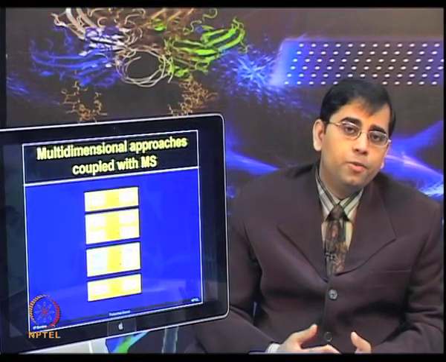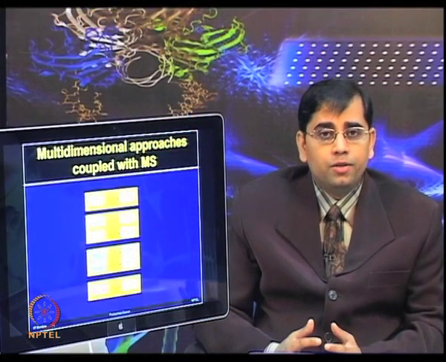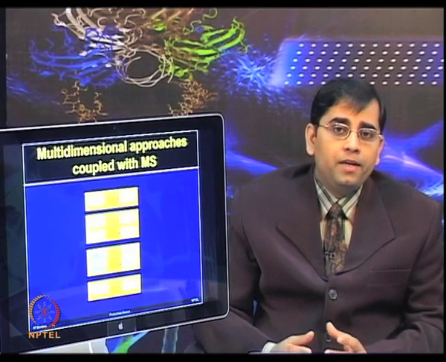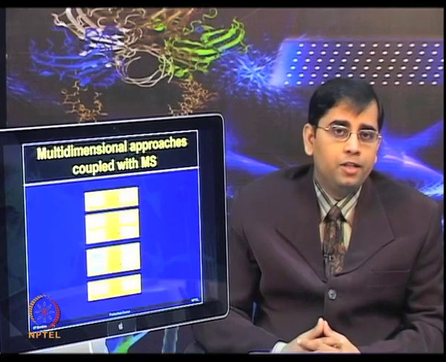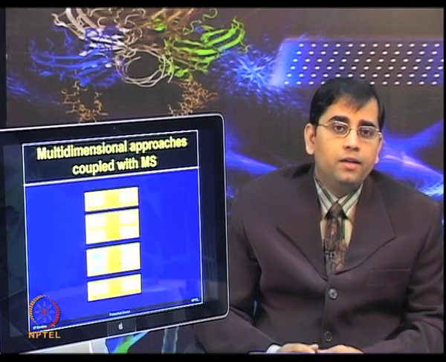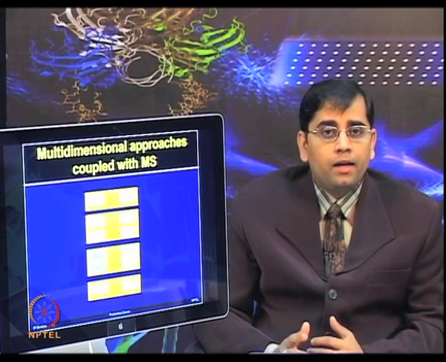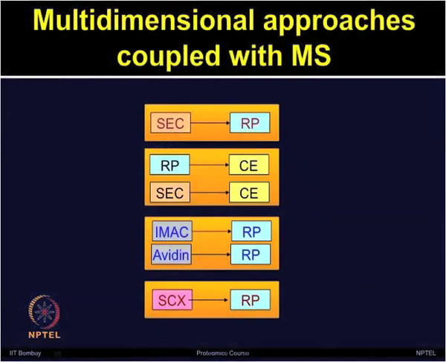When size exclusion chromatography is used followed by reverse phase, to check the compatibility of first and second dimension separation based on size in the SEC and the charge, various types of combination methods have been tried out. Let me first give you the abbreviations and the properties they separate proteins and peptides on, and then we can talk about how these combinations can be applied.